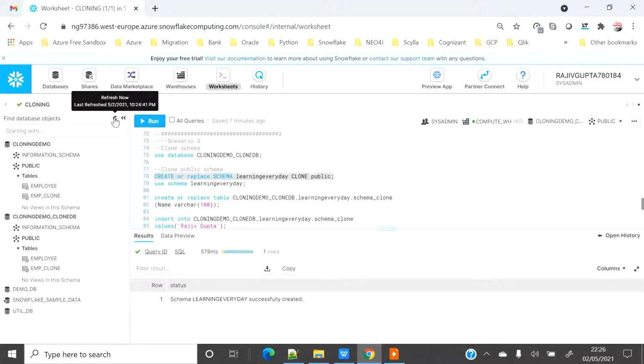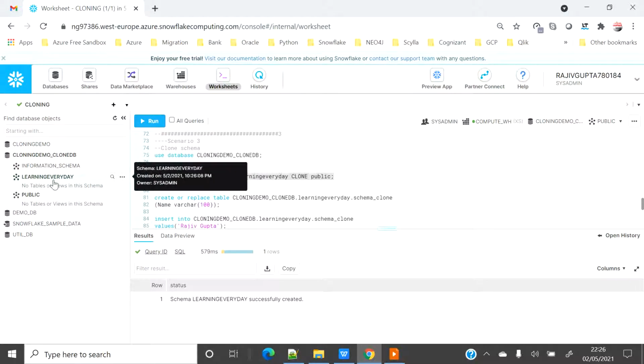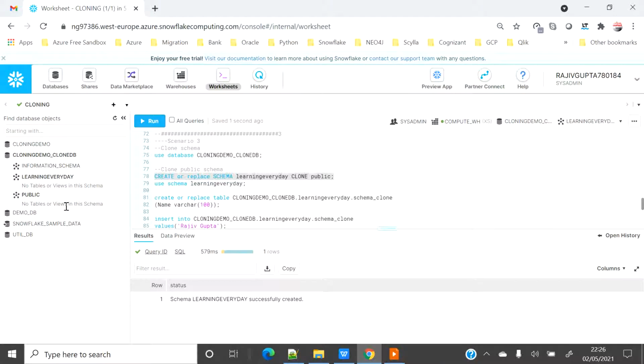Now if I refresh on the left hand side on my cloned database, you can see that I have two schemas. One is public, which is blank because I dropped all the tables from that public schema, and then learning everyday, which is also blank because we cloned just from the public schema.